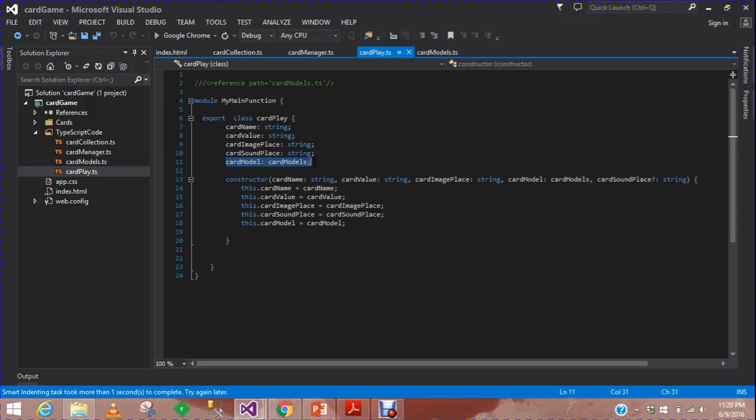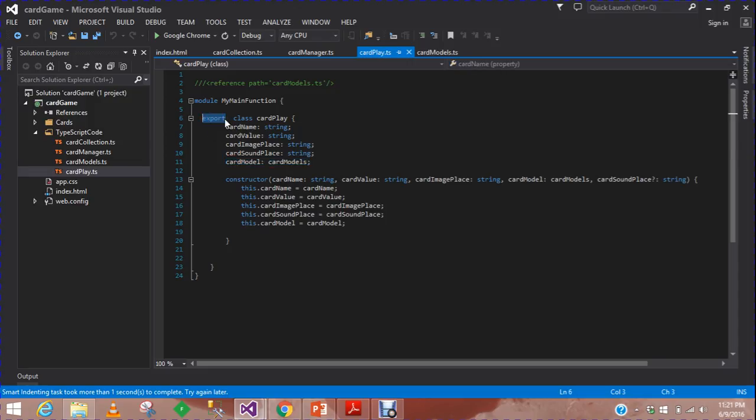If I want to access the card model in another TypeScript, then I need to put an export before its